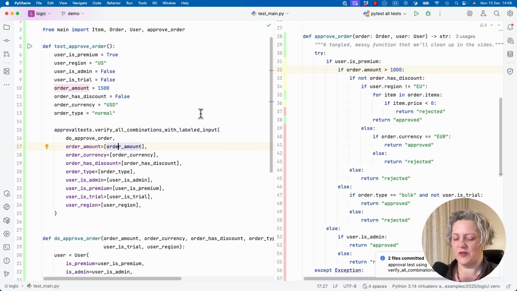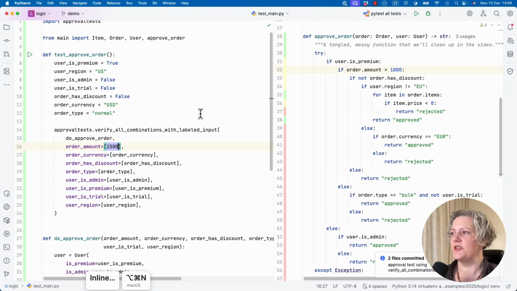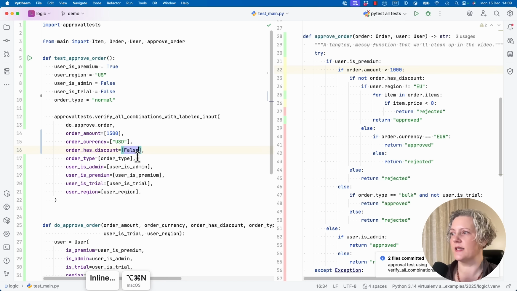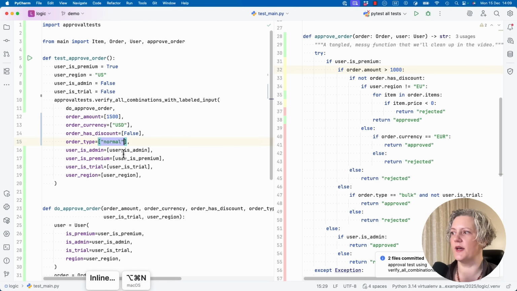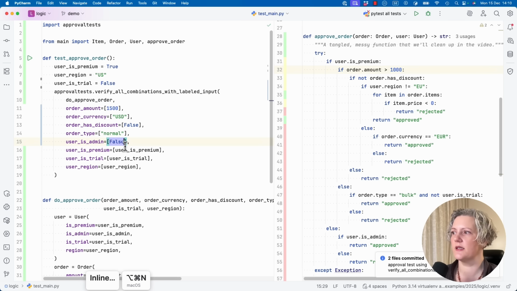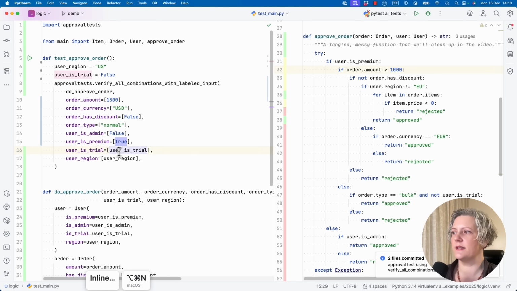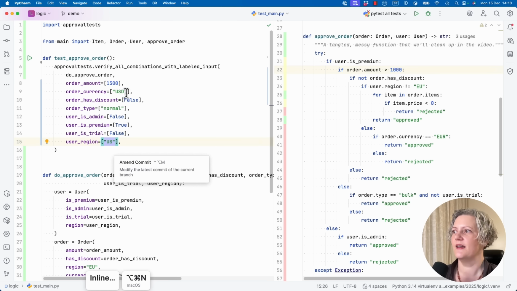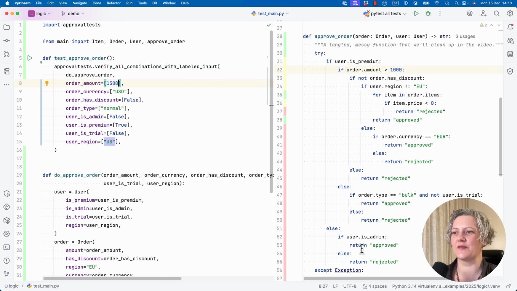There's one thing I forgot to do actually here. Another refactoring I want to do is just to inline all of these variables. I don't really need the separate variables now because the names are here in the named arguments. And by putting these actual values into these lists, it starts to become obvious that I can add more values to these lists in order to hit more lines of code.